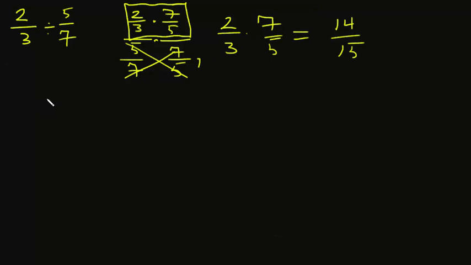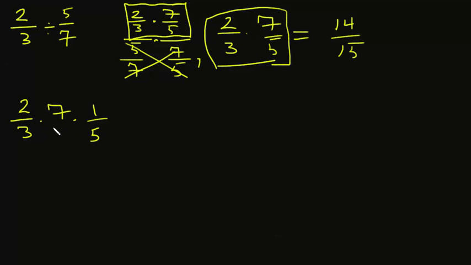When we say 2/3 times 7/5, we could write that out again as 2/3 times 7 times 1/5. It's exactly the same thing, but I've written it out in a longer form so you can really see every step of the process. First of all, we're going to multiply 2/3 by 7. That's 7 times as many, so 7 times 2/3 is 14/3, so to speak. So this is going to then be equal to 14/3 times